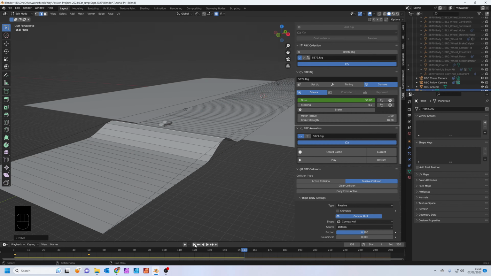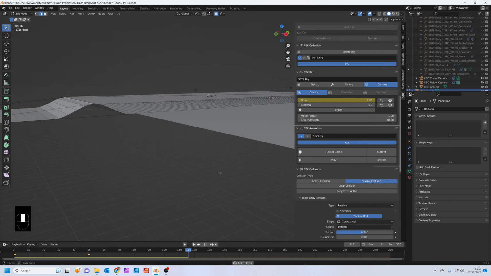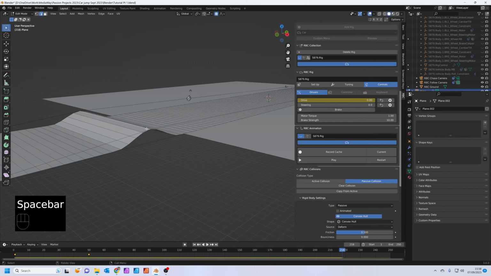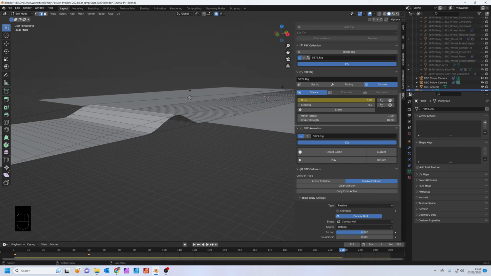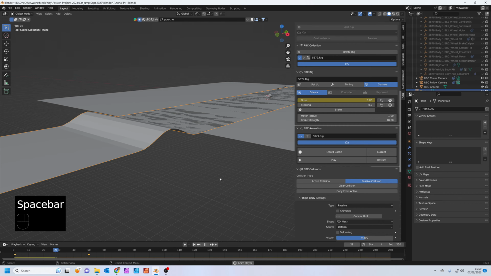Now what happens is if we run the animation again, you'll watch the Porsche and it actually isn't touching the road at all. It's actually doing something crazy, following this mesh that Blender automatically draws around the shape. We don't want this to be the collision, we want the collision to be the mesh. So change it from convex hull to mesh. You'll see the car actually stays on the road.